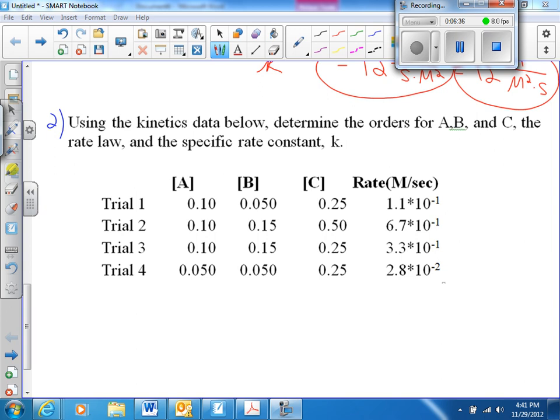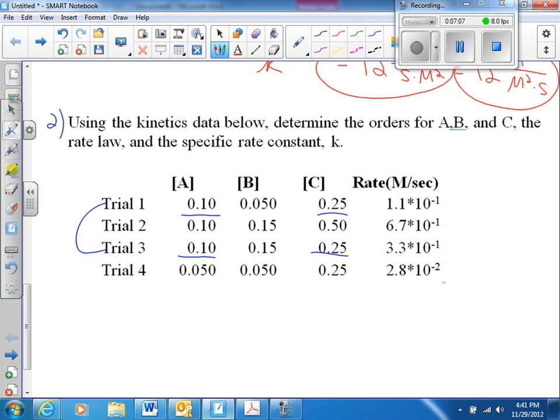Okay, here is another problem. If you want to pause this, do it on your own, go ahead. I will show you this one, and the last one I'm going to just pause and not show you exactly how to do it. You'll just do it, and I'll show you the answers. For this one, I'll go through it, but pause now if you know how to do it. Okay, I got to find two reactions where two of the concentrations are constant now. And that would be reactions 1 and 3 work, trial 1 and trial 3,